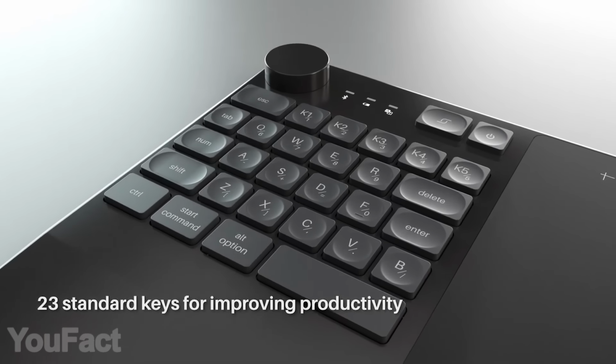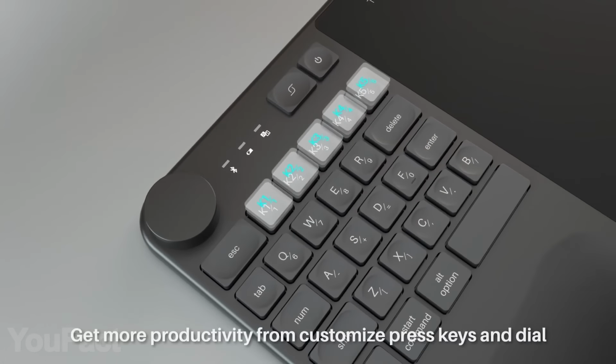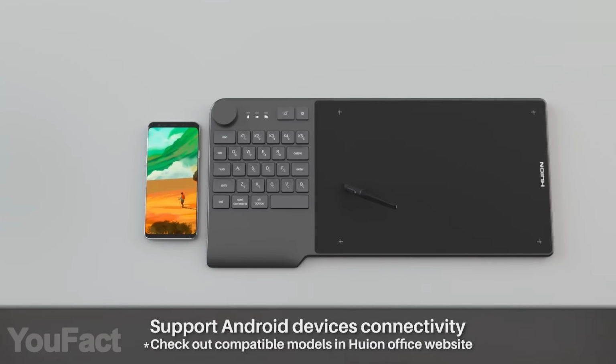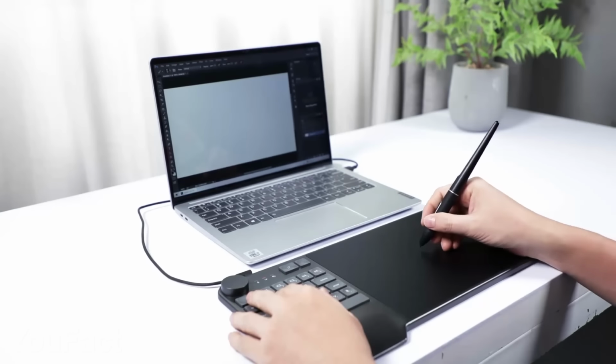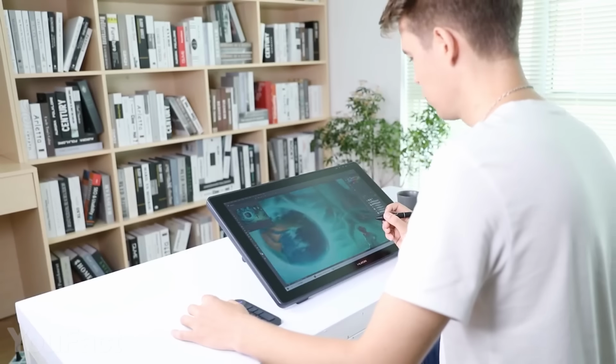As for the keyboard, it features 23 standard keys and 5 programmable keys that can be assigned to any function. You can connect this set to any Bluetooth-enabled device, whether it's a PC, Mac, or Android smartphone. But if you need a wired connection, you might plug in via USB-C. The large rechargeable battery allows almost 20 hours of use on one charge,